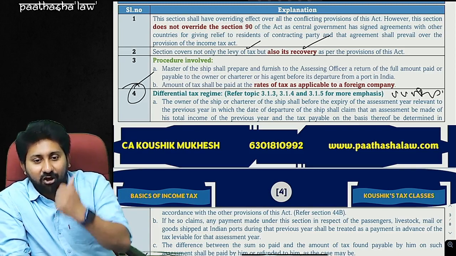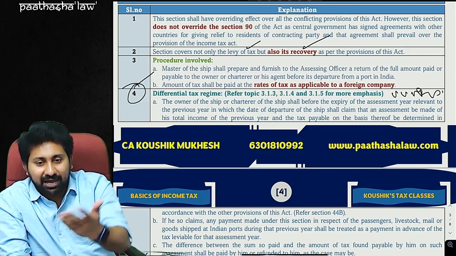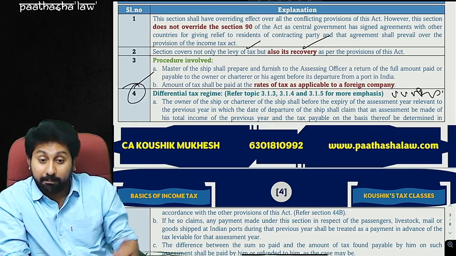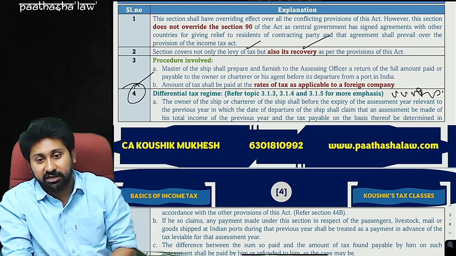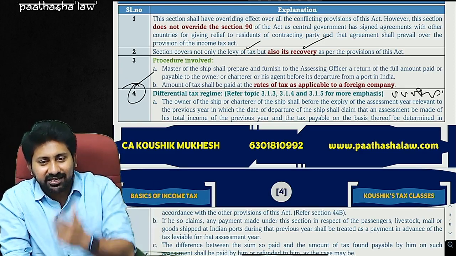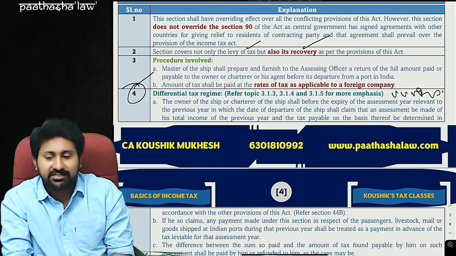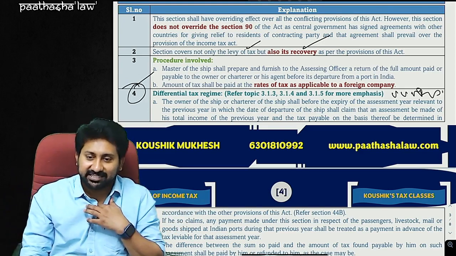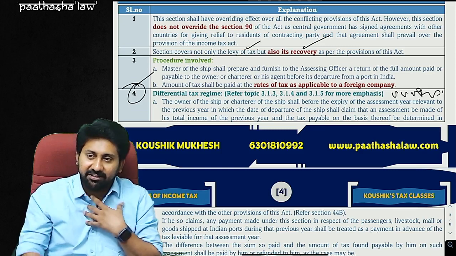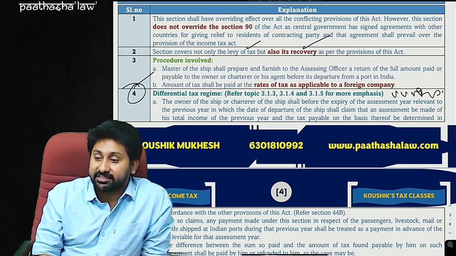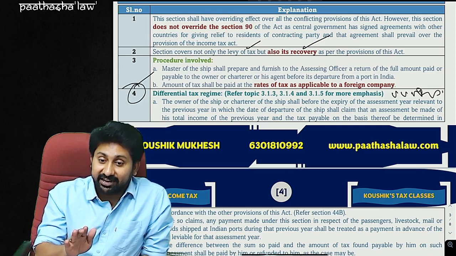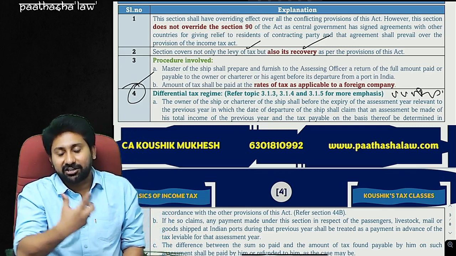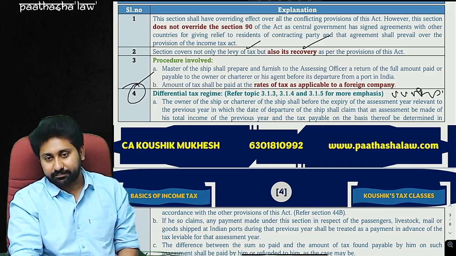Trading organizations, how much margin will they have here? 4% or 4.5% margins they will have. But you are presuming a 7.5% margin. To what extent is this correct? Are you understanding or not? The department should not harass the assessees. So the problem with the current regime of 172 is that it does not consider the hardships of a non-resident. It is discouraging non-residents from starting business in India.